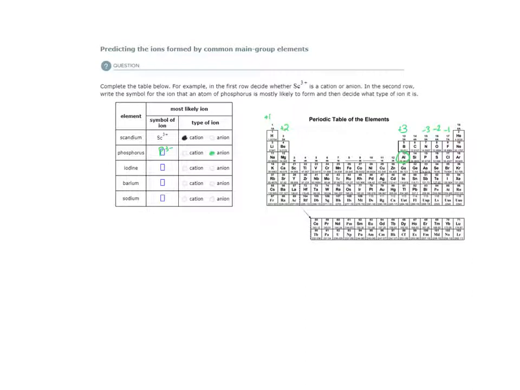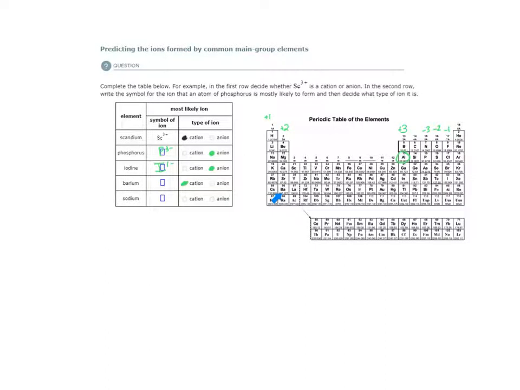3- anion. Iodine is also a nonmetal, so we can immediately predict an anion. It is a halogen in group 7A, so its charge we predicted to be -1. Barium is a metal. We can predict a cation. It is